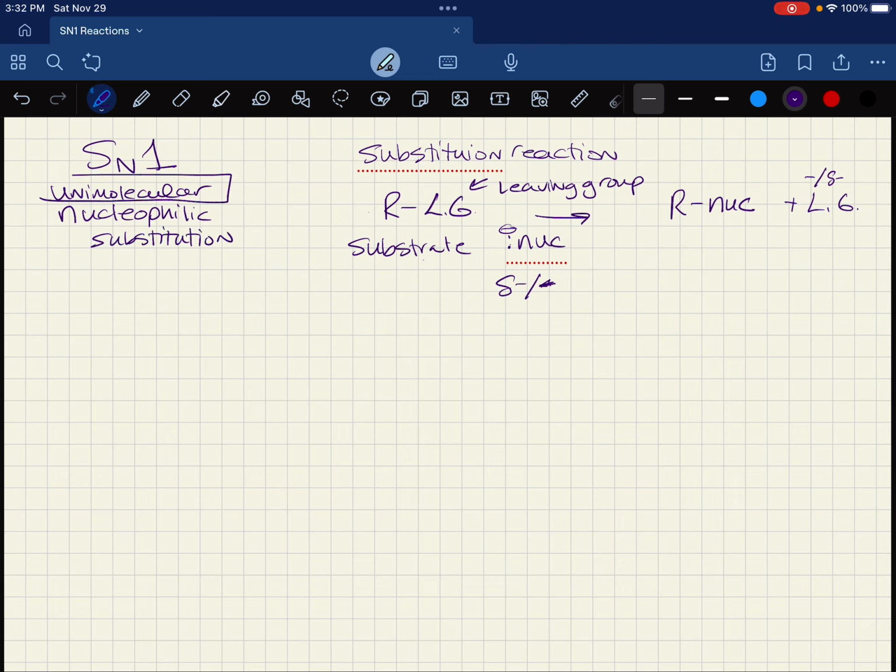And it's unimolecular because the rate determining step is heterolysis, where this occurs. So we end up with a carbocation,